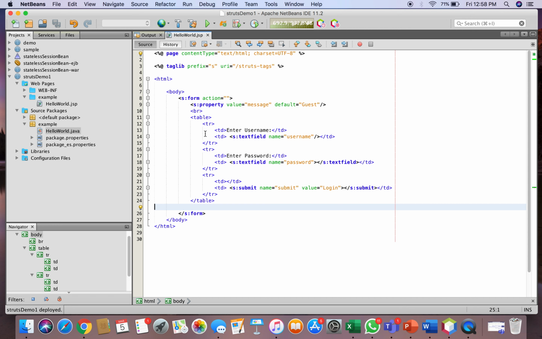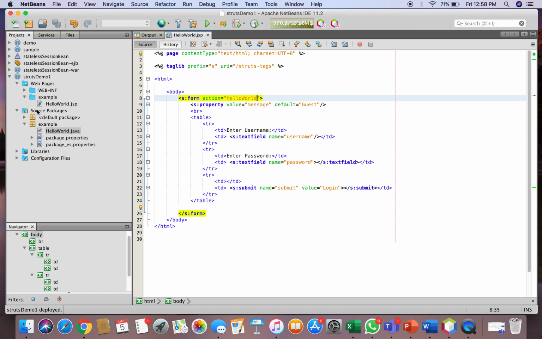Now whenever I click on this submit button, some action is to be performed. So this action is your HelloWorld.java. You can rename the pages as per your application. I have just made this a starting application so that you know the base. The action should be the name of the class, so it is HelloWorld. Okay, so now this work is done.